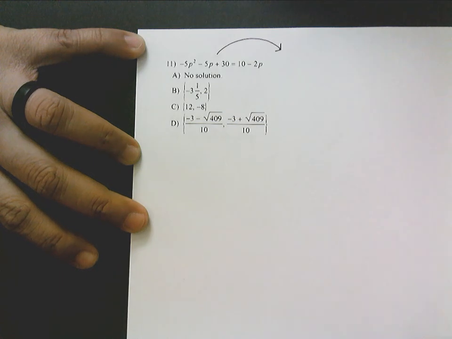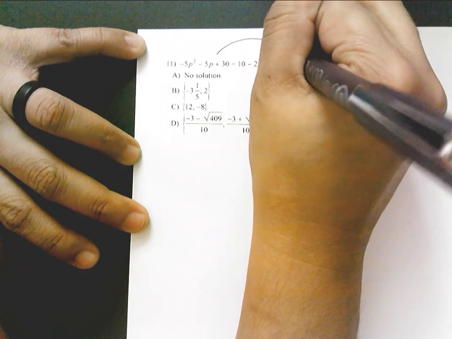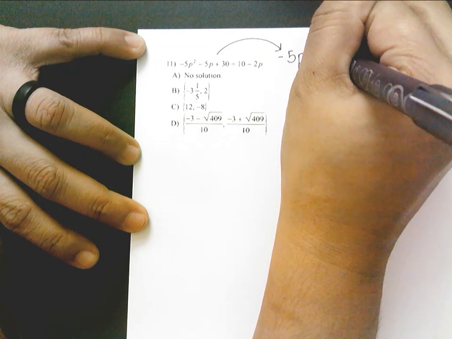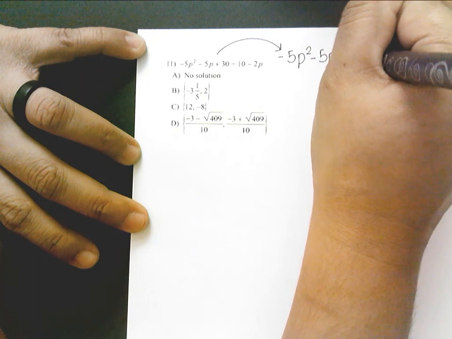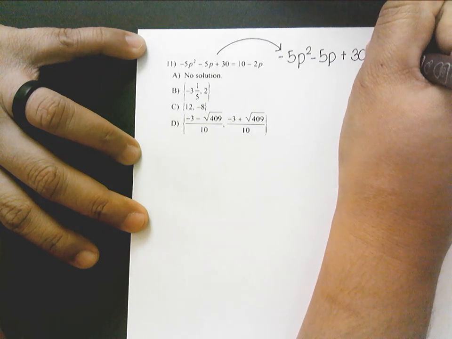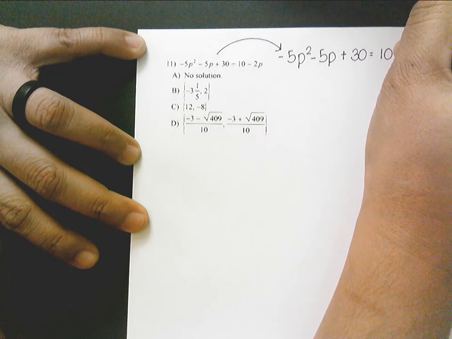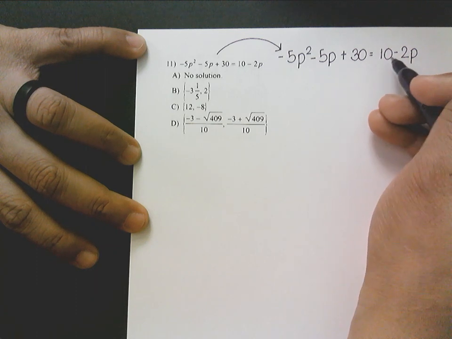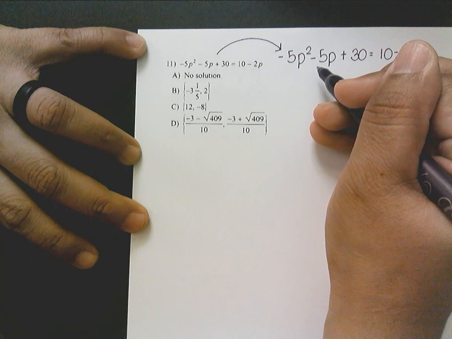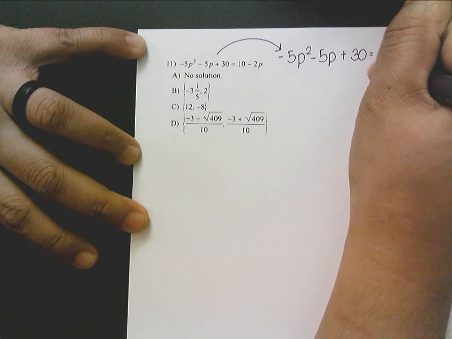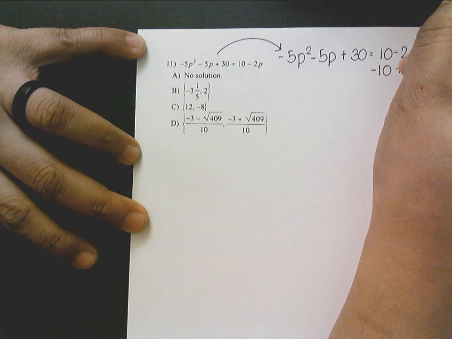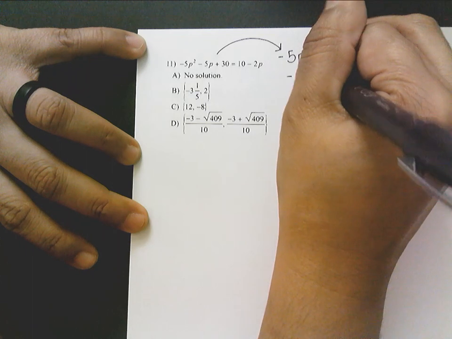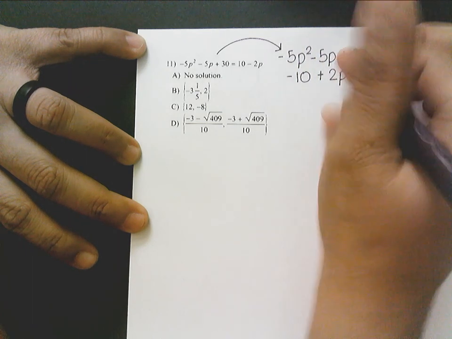First things first, I'm going to rewrite it. Negative 5p squared minus 5p plus 30 is going to equal 10 minus 2p. I'm going to do the inverse property and move these two terms to the left side. So I'm going to subtract a 10 and I'm going to add a 2p. What I do to one side, I do to the other. So I'm going to subtract a 10, add a 2p, draw my line,